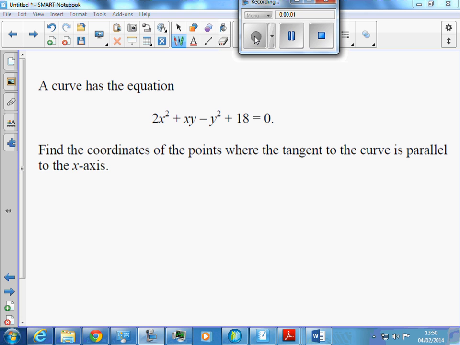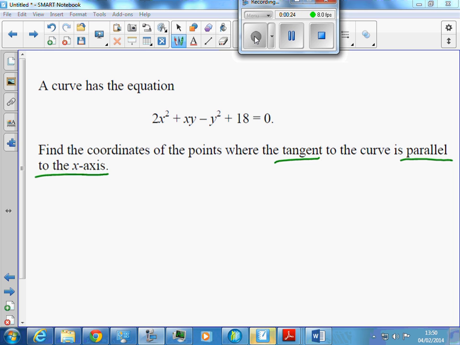At this question, there are a couple of key points here. We know the keyword, let me highlight it, tangent to the curve, and another tricky bit is parallel to the x-axis. So I'm going to go through that. First of all,